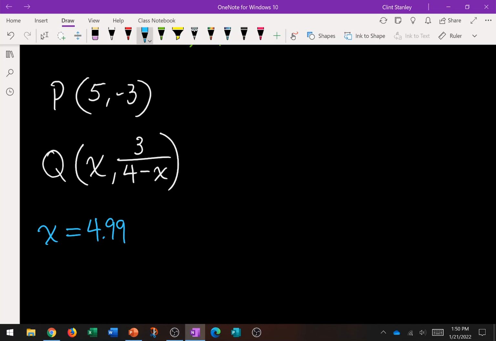So then our slope, and I'll label it like they do, they're calling it the slope of the secant line through P and Q. Will be our slope, y2 minus y1. And so you can switch the order on these. I'm going to use P as my point 2. So I have -3, the y coordinate of P,